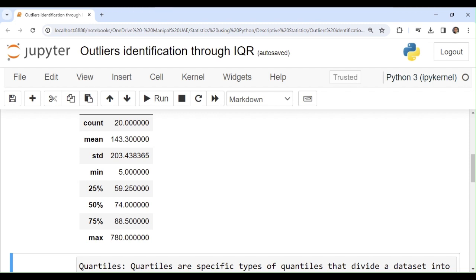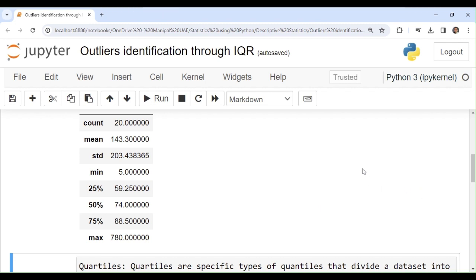My data set comprises 20 samples, so there are 20 items in my data set which revolves around the weight of normal humans. Here I can see that the mean it has generated is 143 in terms of the weight, right? So 143 kg is a normal weight in the data that I have collected,